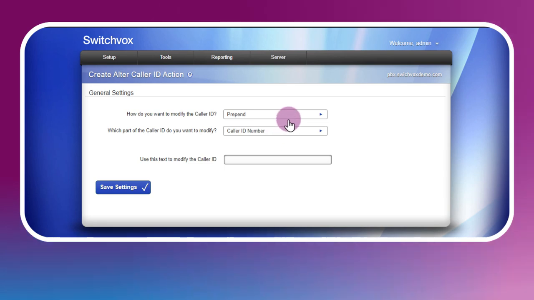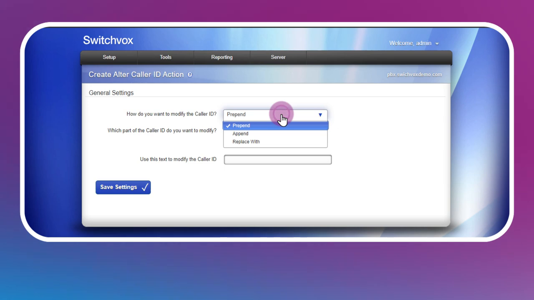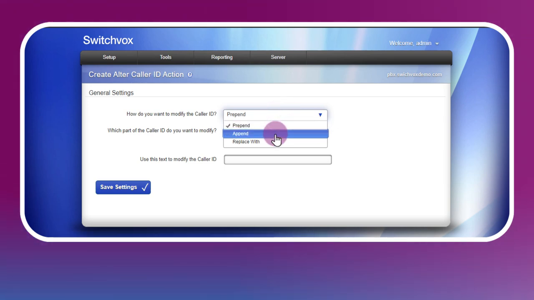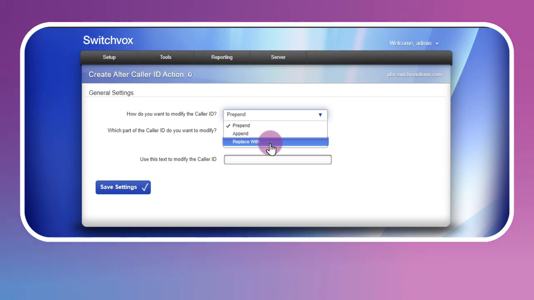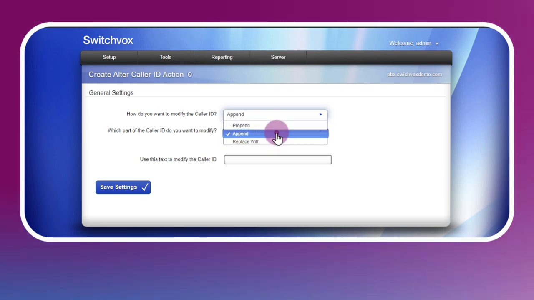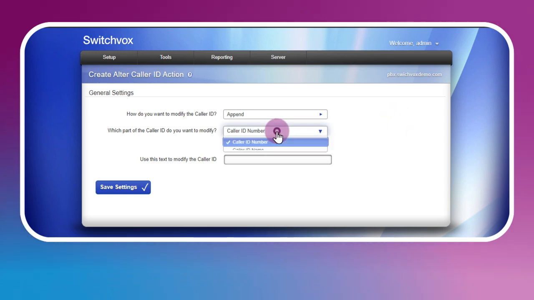So here we can choose between prepend, which is before the caller ID, or append, which is after the caller ID, or replace the entire caller ID using replace with. And do we want to modify the caller ID number or the name?